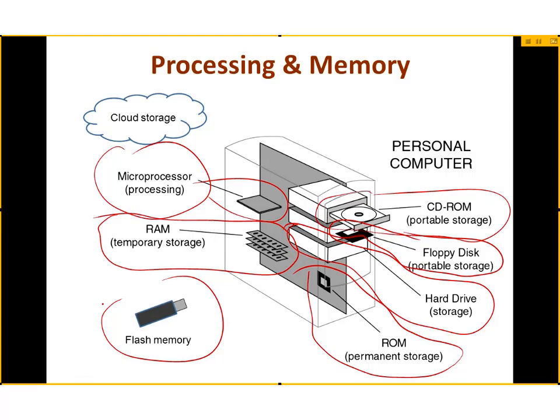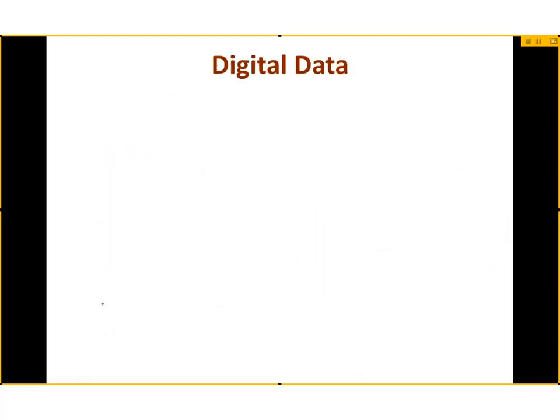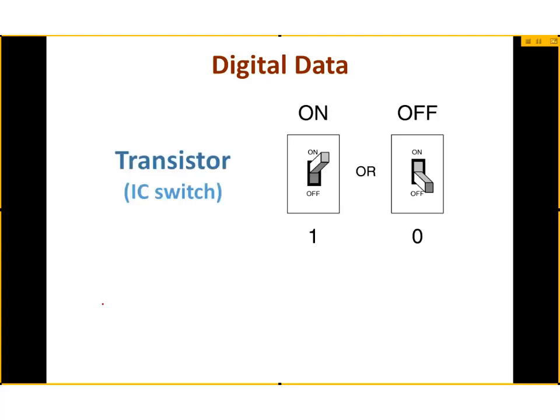So in addition to this big picture view of computers and their layout and hardware, it's worth taking a moment to talk a little bit about the detailed view, because it helps us to understand the interface between the hardware and the software. And what I mean by the detailed view is the idea that inside the microprocessor and these various types of memory, built-in hard memory, are transistors. And transistors are integrated circuit switches, if you will, that are microscopic